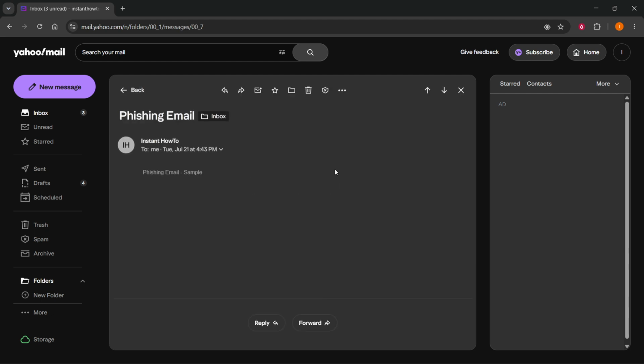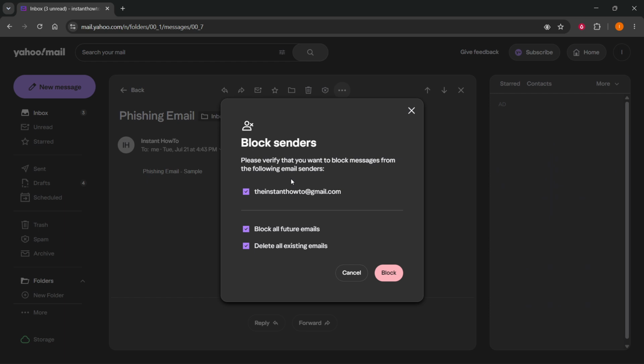what you want to do when you click on it to open it, up top there's going to be a bunch of different options. You could go ahead and mark it as spam. That's not essentially going to block it. If you actually want to block it, you want to click on more over here, and you want to click on block sender. So whenever you click on block sender over here, you can select if you want to block